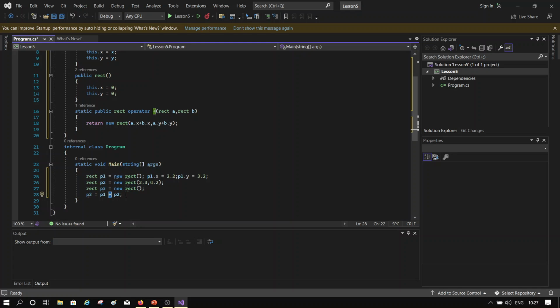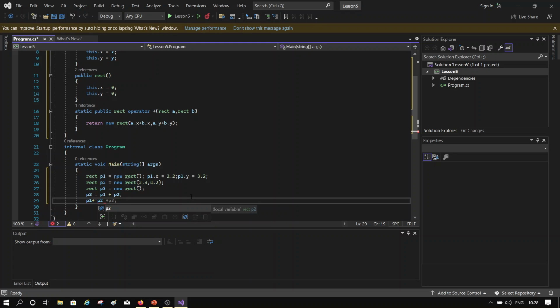So here what do I want to do? Okay, so this is possible. What about another way of doing this? I can say rect p4, okay, and new is created right in the return statement. So I can just write here plus, sorry, I don't have to create it. I can just say p1 is equal to or plus equal to